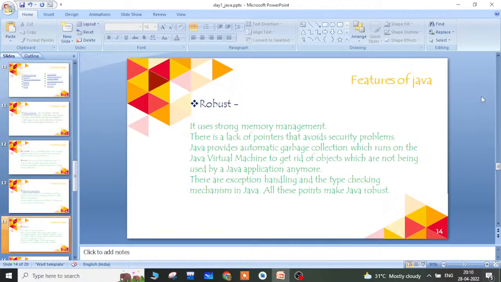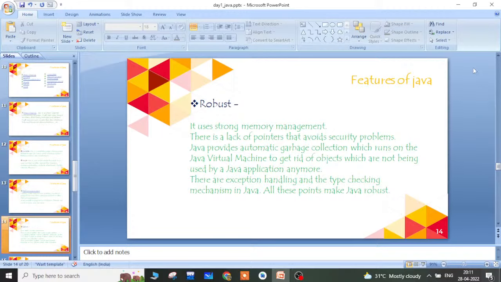And Java has automatic garbage collection, which runs on your Java virtual machine. It takes the objects which have not been used for a long time in our Java application. And we have exception handling mechanisms and type checking mechanisms in Java.